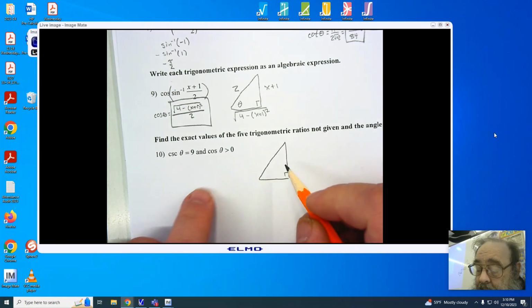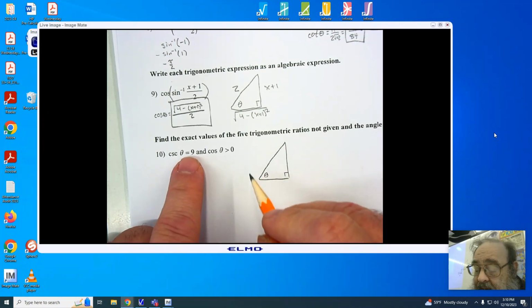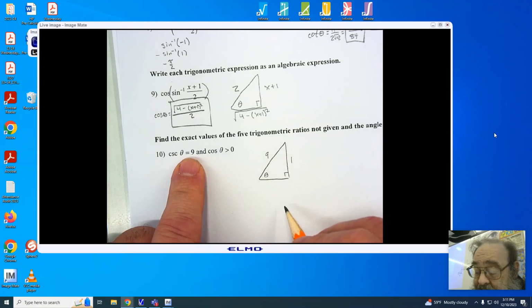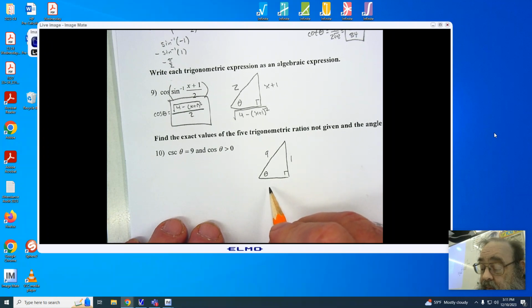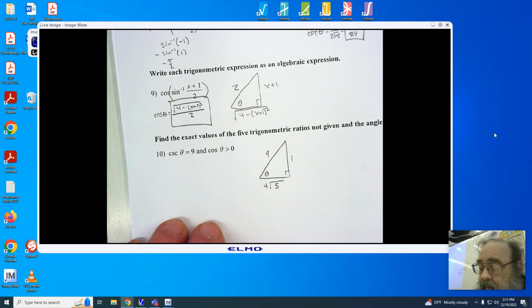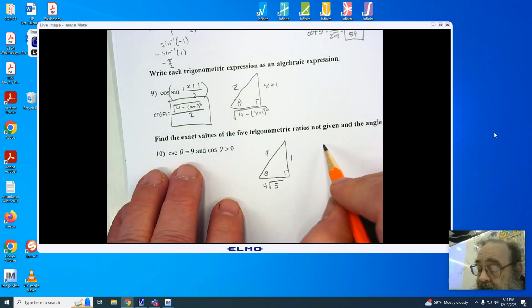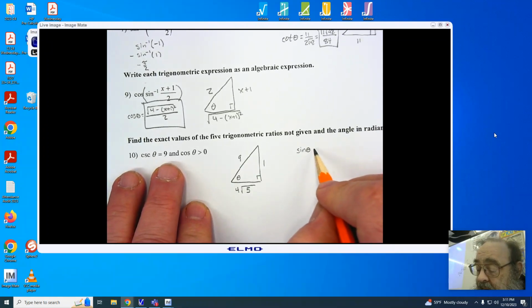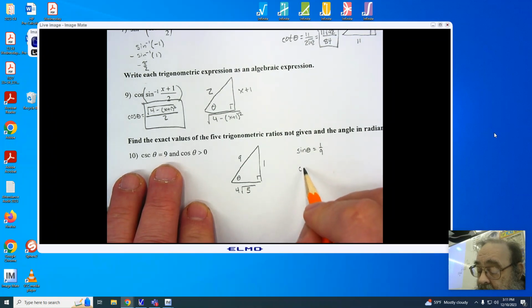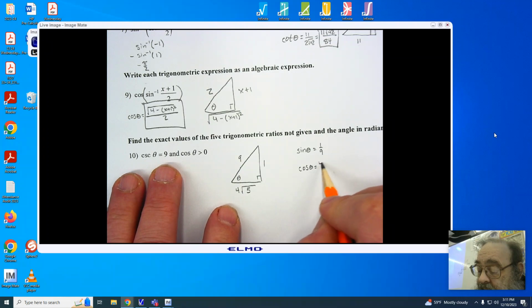Setting up the triangle and using my cosecant ratio, which has the hypotenuse over the opposite. And that means that I'm looking at the square root of 80, which would be 4 root 5. And I'm now ready to start finding all of my values. Since we already know the secant, I'm going to go ahead and start with my sine of theta. The sine of theta is going to have to be 1 over 9, the reciprocal of the cosecant. The cosine is going to have to be 4 root 5 over 9,